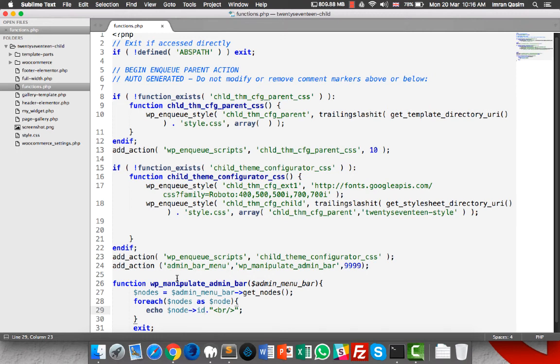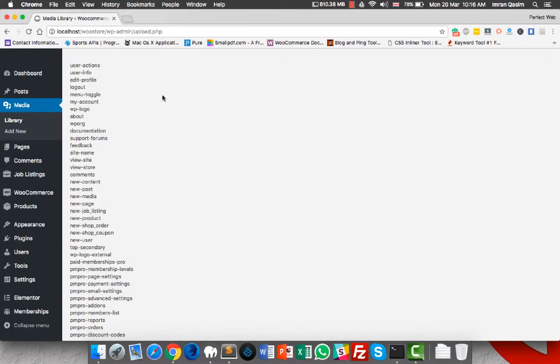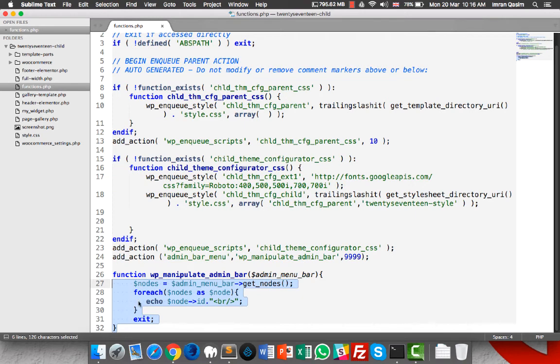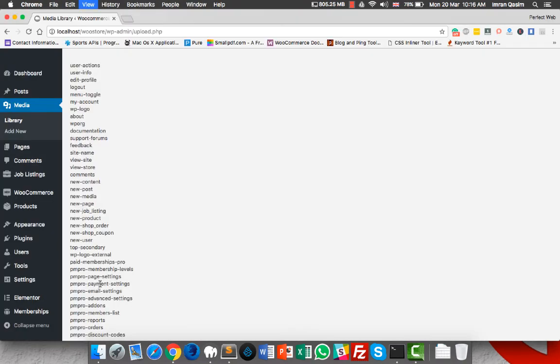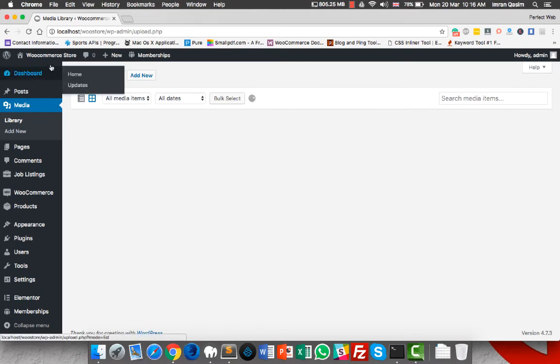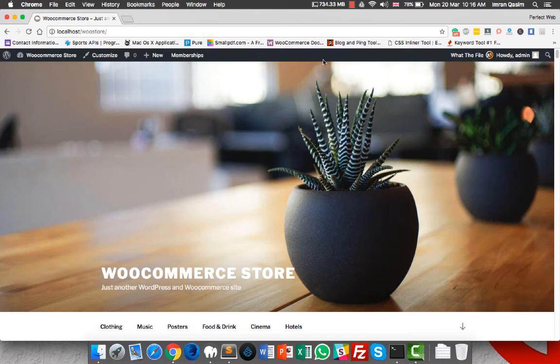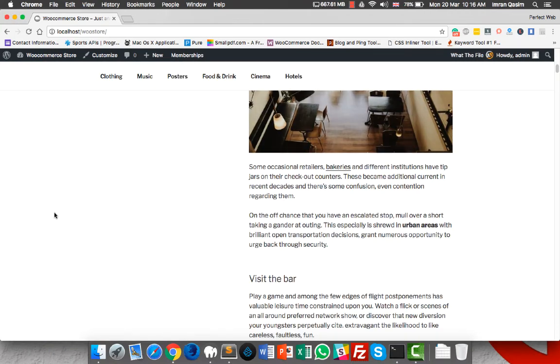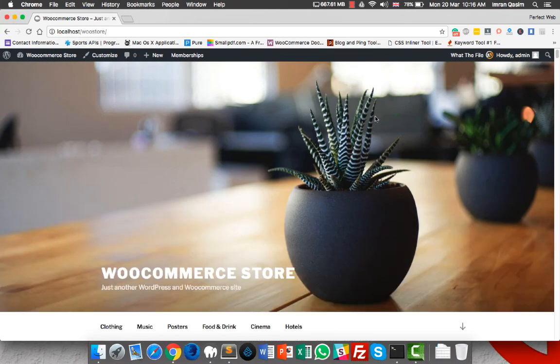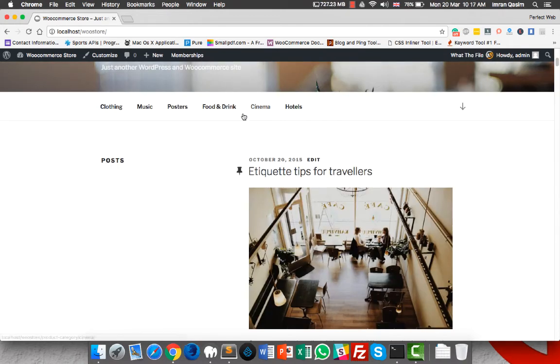The big advantage of adding a menu to the WordPress menu bar is that it is accessible via the front end as well. So if you are developing some kind of plugin and you want to give users easy access, you can add it here. Like just see this plugin I'm using most of the time, which helps me to understand what template is used by the current page. I use this plugin. Maybe there is another better plugin, but for the time being, for me, this is the best plugin to find the template name of the current page, although sometimes it doesn't work properly as intended,